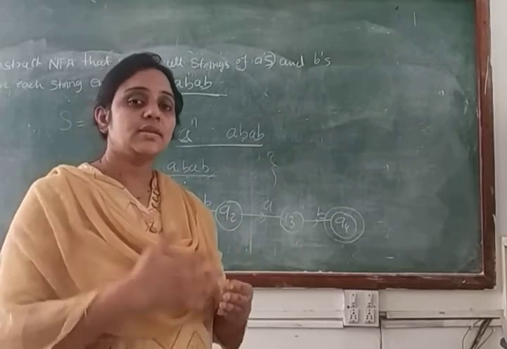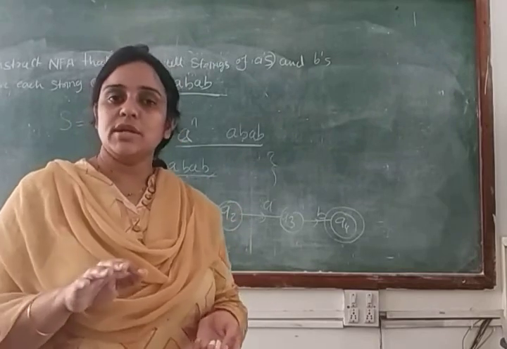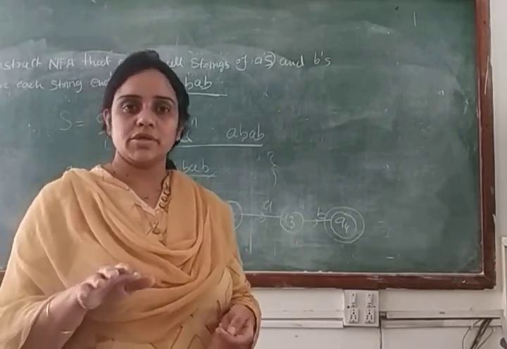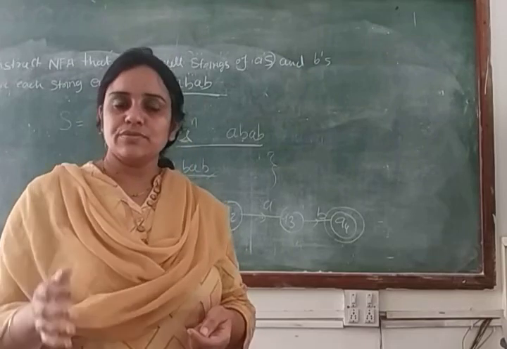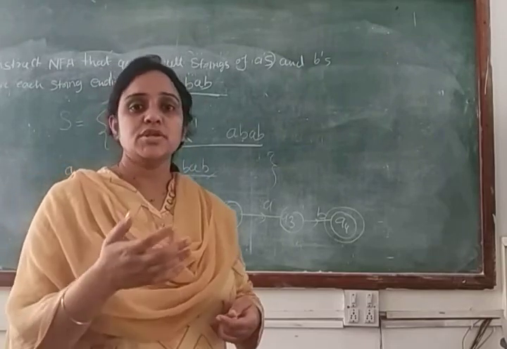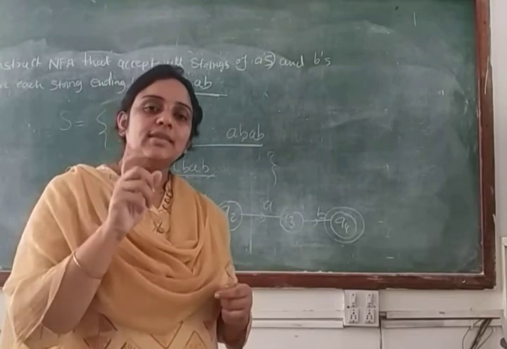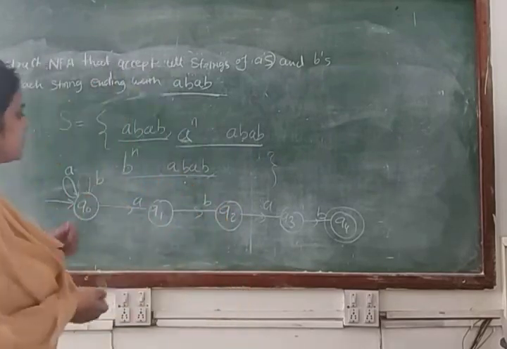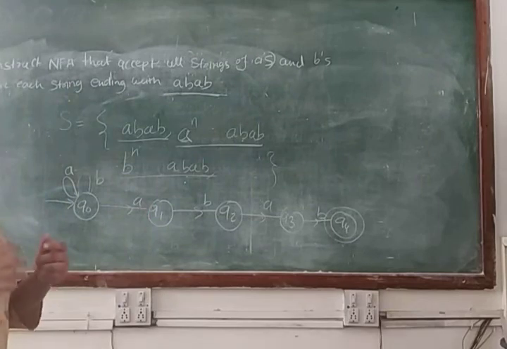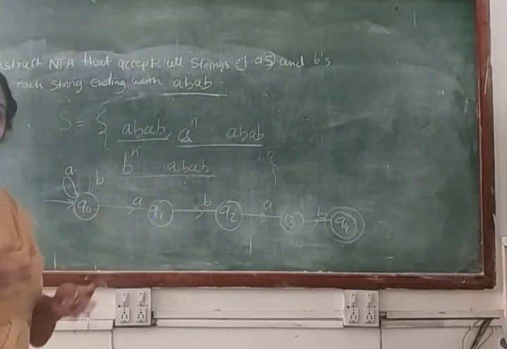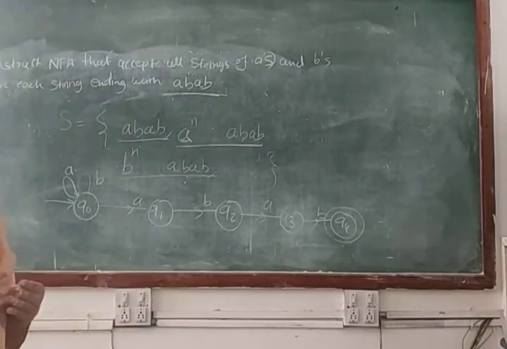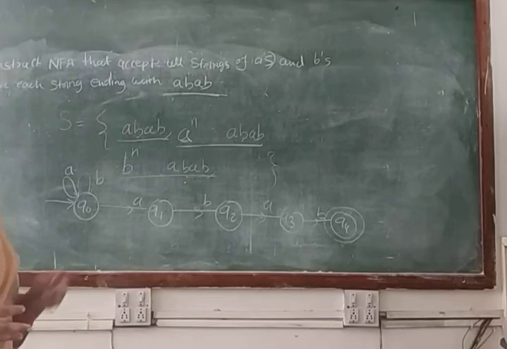But in the NFA case, if we are removing this condition, means removing the DFA condition that each and every state has a transition for every input symbol and multiple transitions are not allowed in DFA, in that case you will see your NFA is simple because you can make multiple transitions. There is no need to make a transition from every state for every input symbol. Okay, so that's why this is your NFA machine.